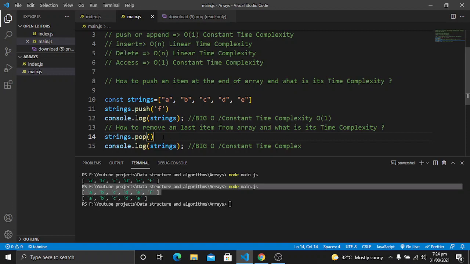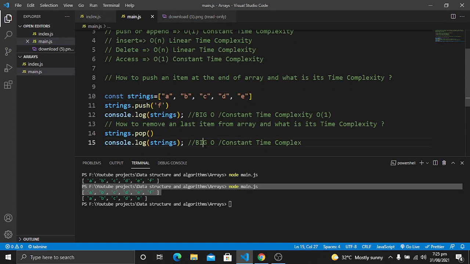the array, and when we console.log this array, we are receiving the original array, because the one item that we had added to the array, we removed in this part by using the strings.pop method. So the time complexity for this operation is going to be the constant time complexity, which